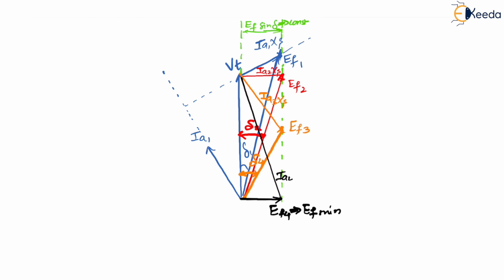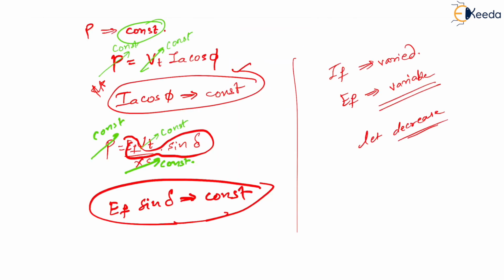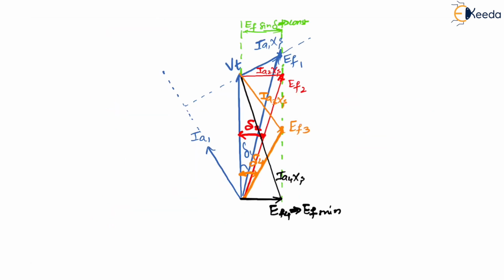So Ia4 axis, correct or not? Yes. Now, next thing which they are saying is that Ia cos phi is constant, correct or not? This means what? If this is Ia1, then Ia cos phi comes where? What is here? Ia cos phi, which is constant, no? Ia cos phi is also constant. Which means what? Even if I change Ia1, length of Ia1 may change, but Ia cos phi has to remain constant. Same old story as of alternator. Same things. We are just repeating them once again.